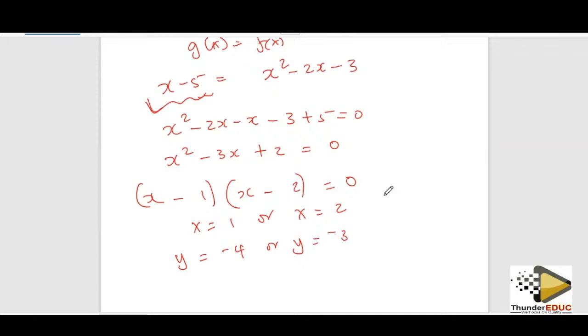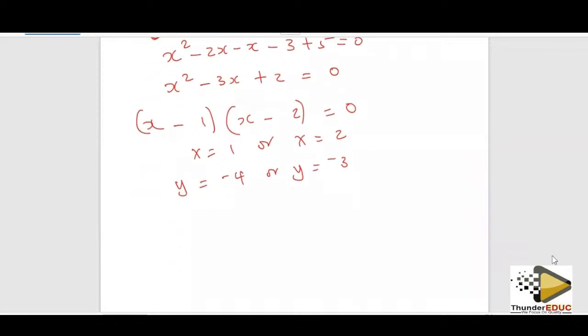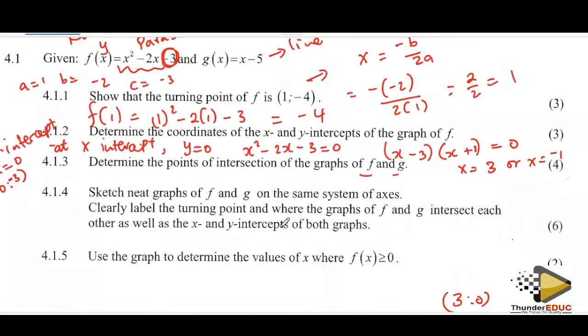Okay, so remember, this is more like the simultaneous question that was never asked in the question. It has come here indirectly. All right, then